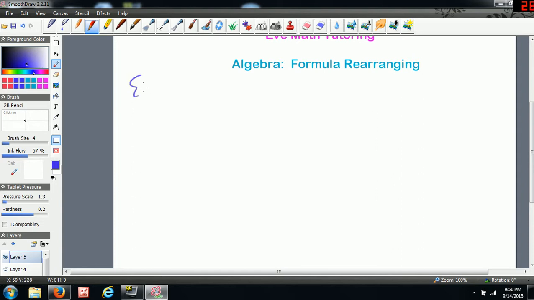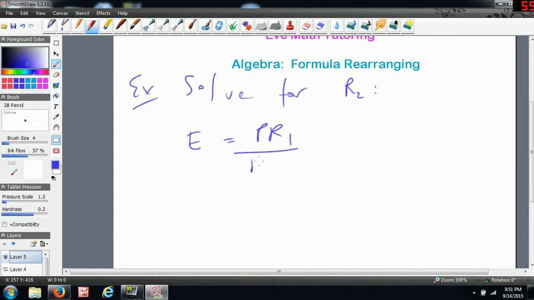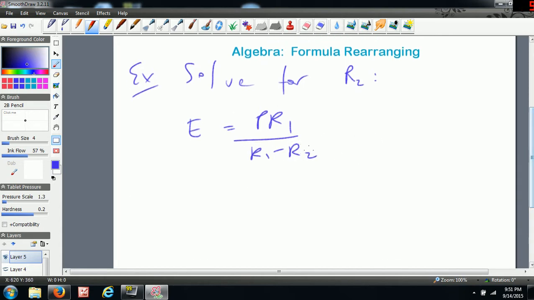Okay. Sorry, I'm just going to solve for R2. Okay, we want to solve for R2. So right now what we need to do is get it onto the top because it's right now at the bottom. So we're going to multiply both sides of these equations by